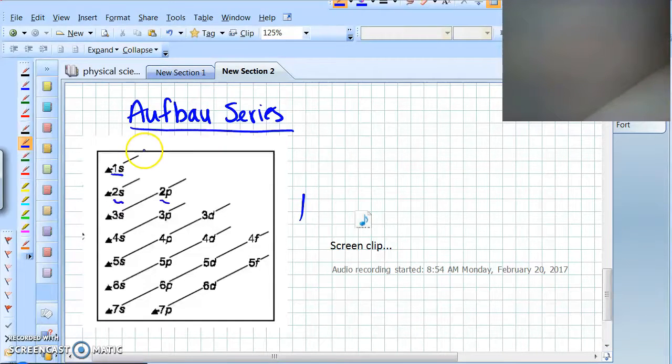All right, so how it works is you start at the top, and you will follow the arrows down. So you're going to fill your 1s energy level first. Then you go to the top of the next arrow, which is here, and you follow it down, and ooh, that was neat. And then you are going to fill the 2s energy level next. Go to the top of the next one, you fill 2p and then 3s. And so far this is all making sense. We're going up by energy level and sublevel. But right when we go to the top of this next arrow, we start to go down and hit the 3p. Notice what comes after 3p is not 3d, it's actually 4s,